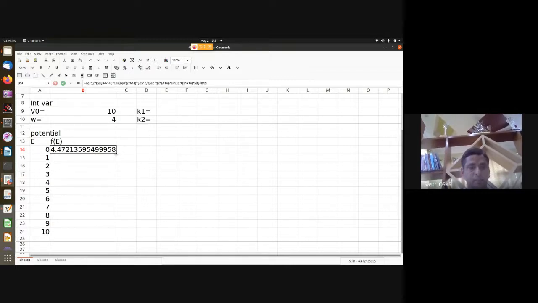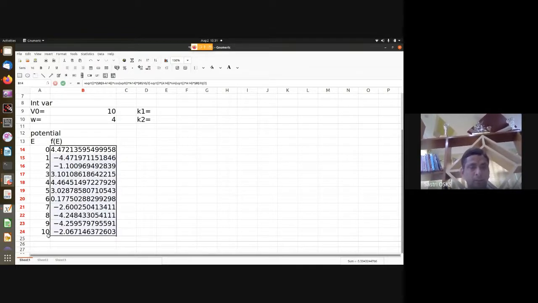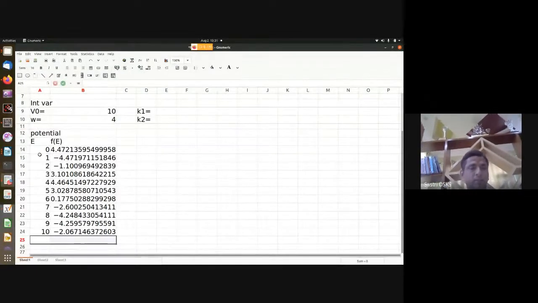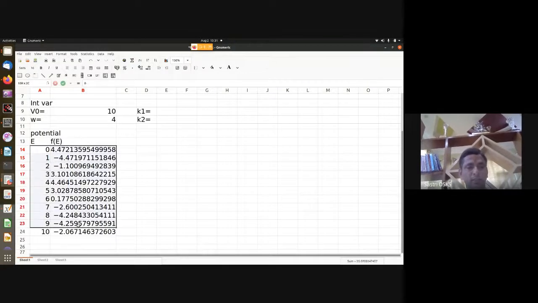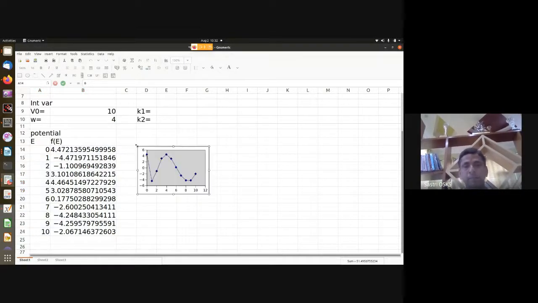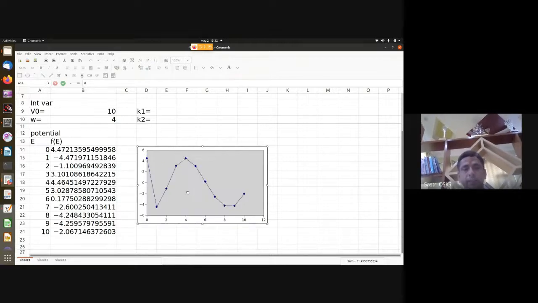Now we can plot this function, and if you give 11 also, it will say wrong because the square root of a negative number won't be there, right? So if you make that kind of mistake, something will happen and you should know the reason for it. Okay, so there you go. Let me insert that. You can see that it is cutting the 0 at 3 points. You can also make that out from the values here itself. Between 0 and 1 there is a root, between 2 and 3 there is one, and between 6 and 7 there is one.